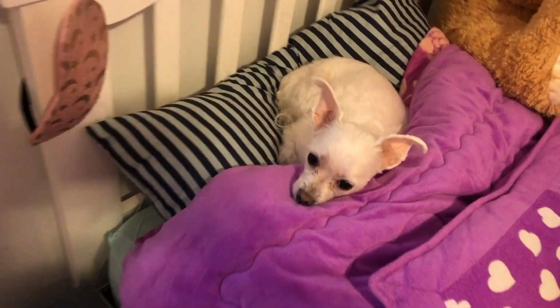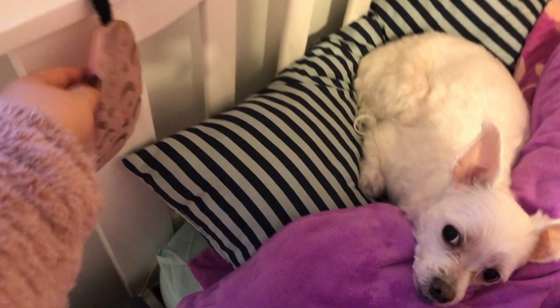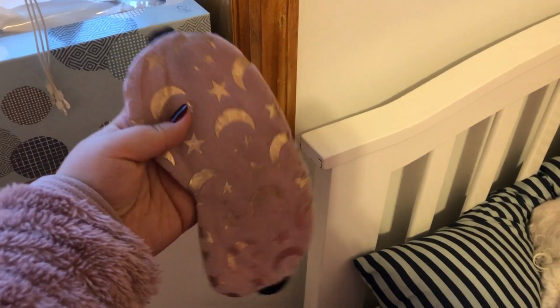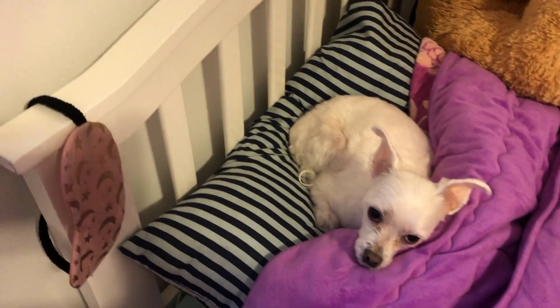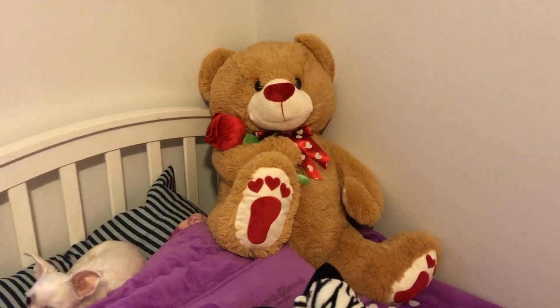steps, my cute little doggy, my face mask, not my face mask, my eye mask. If you don't use an eye mask, I highly recommend it. It's been so helpful, and the inside is silky and so soft, and it just helps me get a better sleep. Then I have a stuffed bear my boyfriend got me for Valentine's Day, along with a